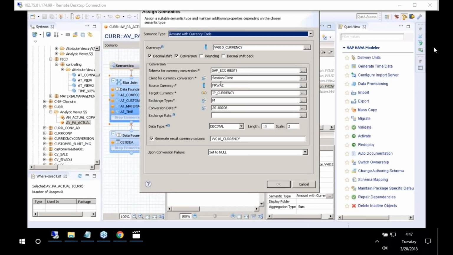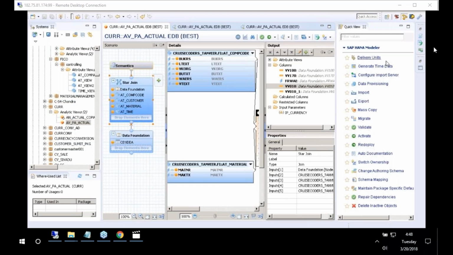FRWAE is nothing but foreign currency, so you have variable currencies. What is the target currency? IP underscore currency. This is an input parameter, so I created an input parameter. Exchange type is standard. So this is the conversion date. And finally, once you click OK,